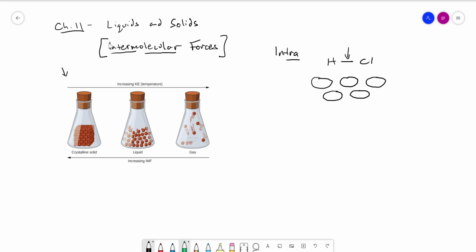And the figure down here really illustrates how these intermolecular forces impact the physical states of matter that we're used to seeing. All the way to the left you have a solid form, in the middle you have the liquid form, and all the way to the right you have a gaseous form. All of the same exact substance. You could imagine maybe this is HCl,